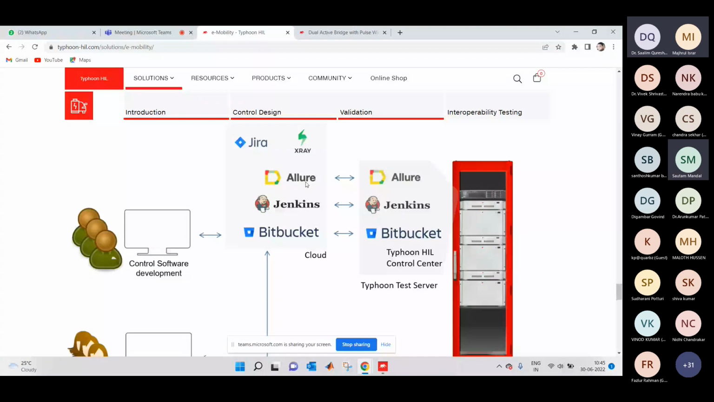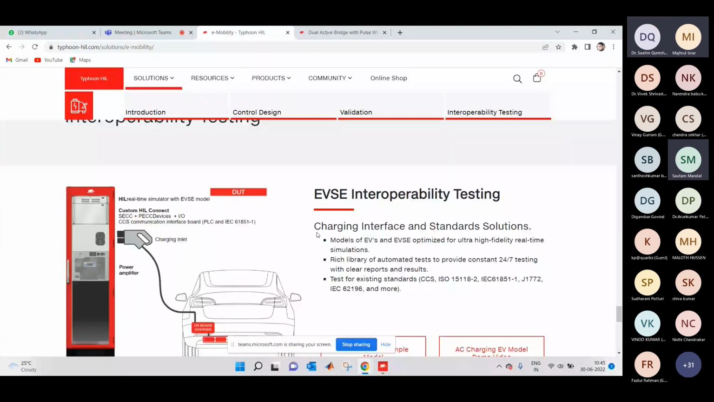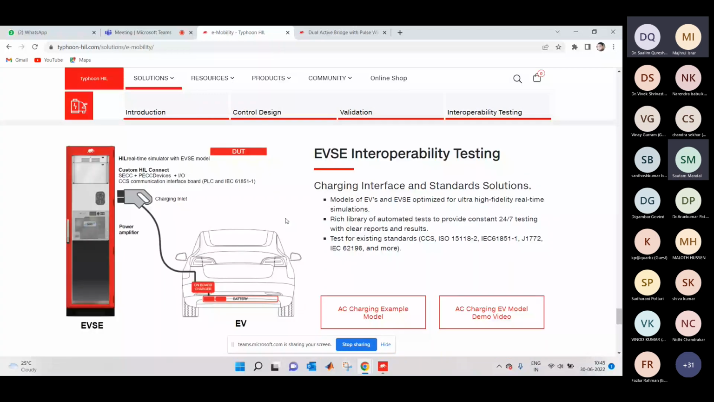Tomorrow I'll show you interoperability testing. As I told you, you can do interoperability testing, that is the end-to-end testing for any equipment of the electric vehicle, for the charging interface and other standard solutions. You can have this in our Typhoon HIL environment. And the test for existing standards is available, like